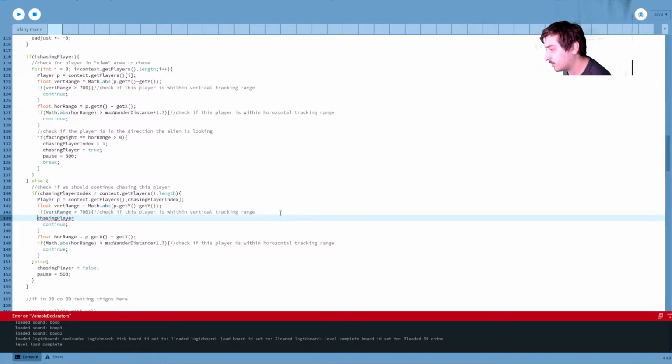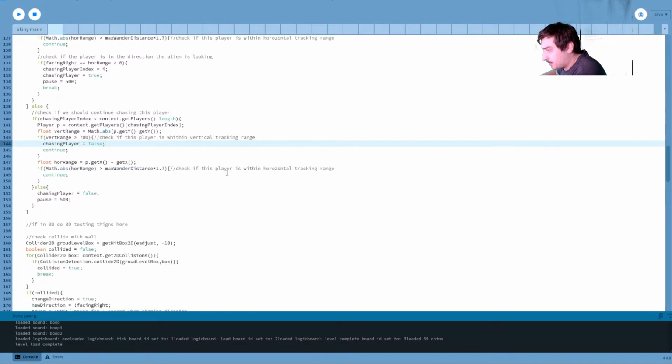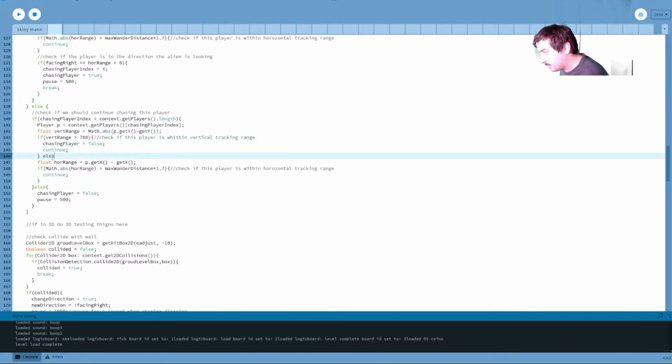We say chasing player was false. So we stop chasing. And if you just go out of range, I don't think it should just stop moving. It should just change its behavior. Because it might be a little awkward if it then sees you again and has to wait half a second again. But anyhow.